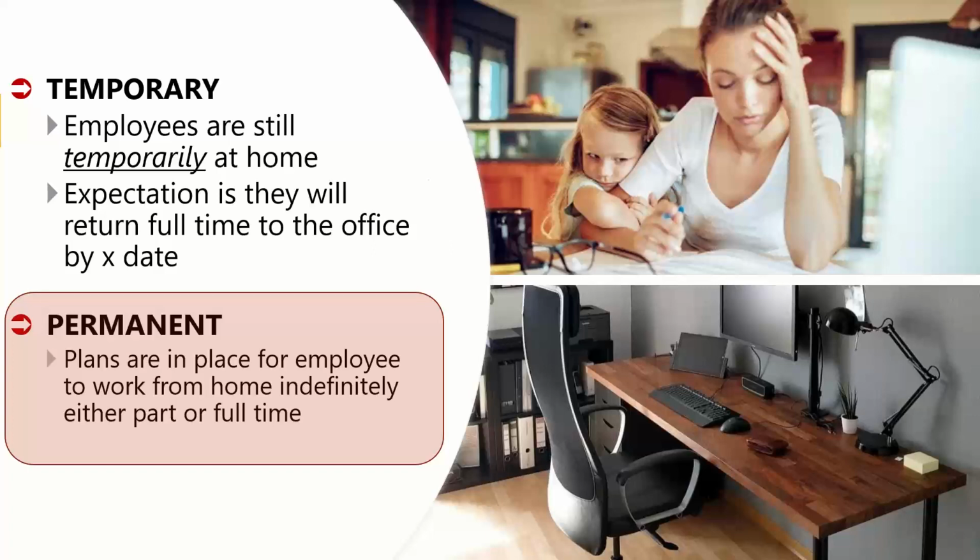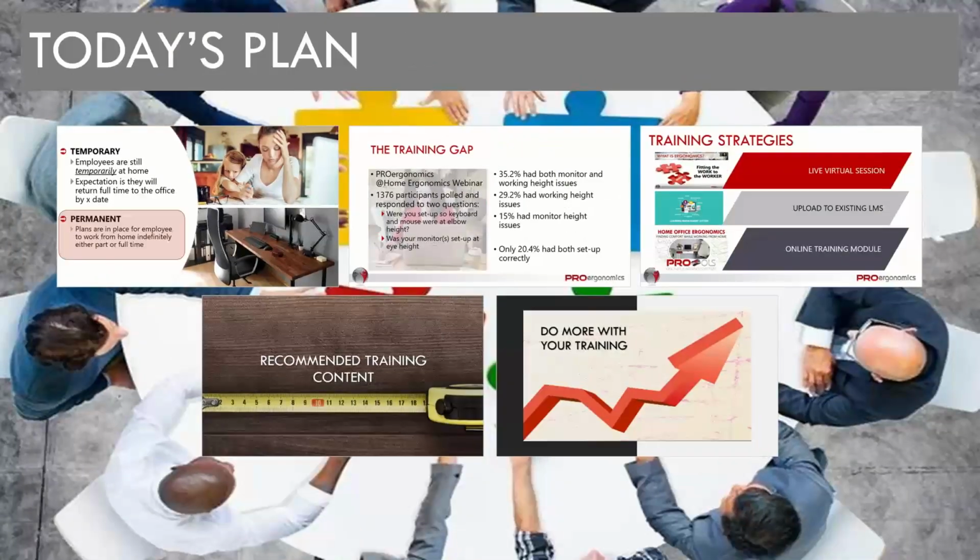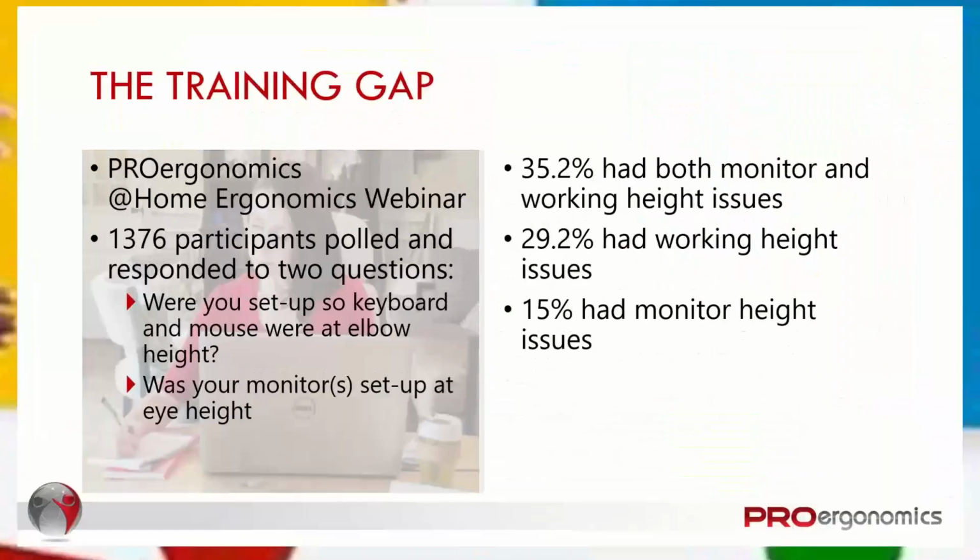Folks are going to be at home full-time after the pandemic is over, right? And or folks that are going to be in a hybrid situation, consistently working from home multiple days a week, right? So they have a significant amount of time spent in the home office, whatever that may look like. So that's really the group we're most focused on at the moment, trying to figure out how we address ergonomic setup for those folks. So my why for today,